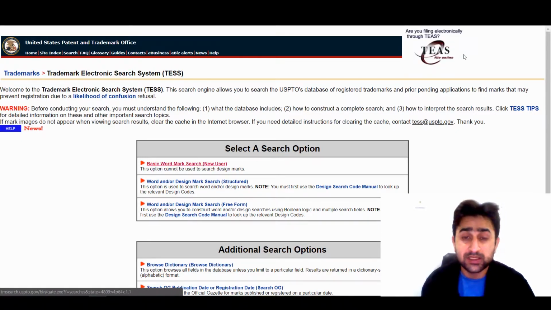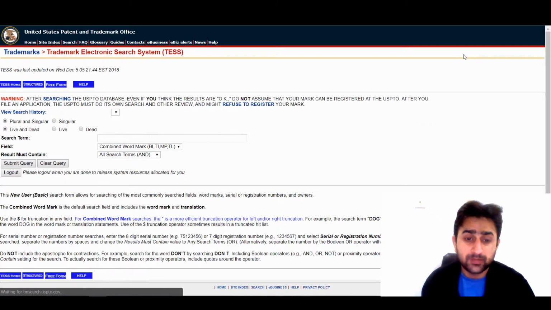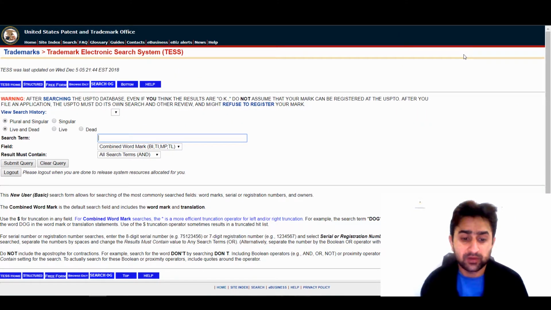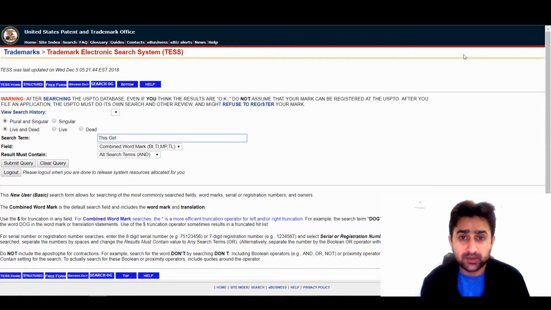You must check each and every phrase that just comes to your mind or that you see as an example online, maybe on Pinterest or Google Images. You must check each and every phrase with the USPTO trademarks website. The easiest way is to go to the basic word mark search, and then you can type your phrase here. For example, we want to use a phrase like this girl loves Halloween, or